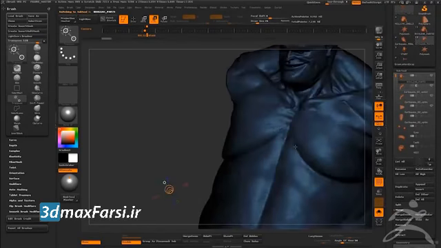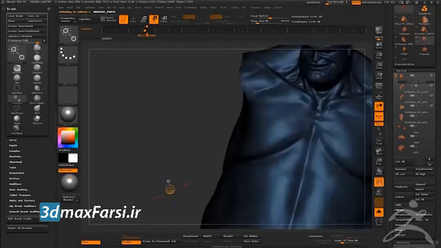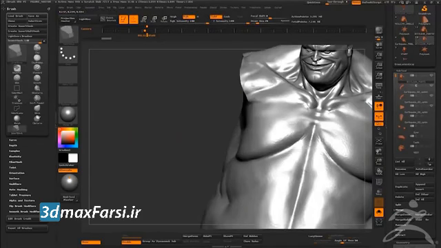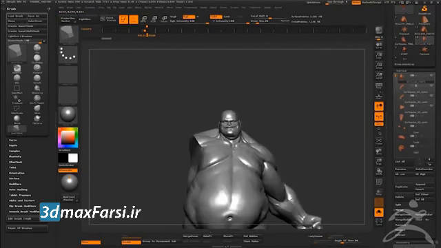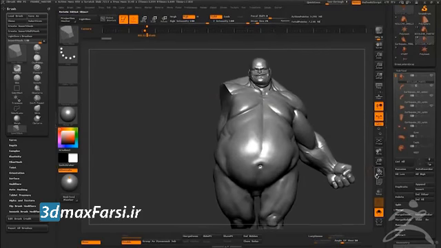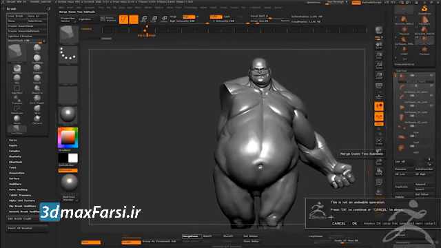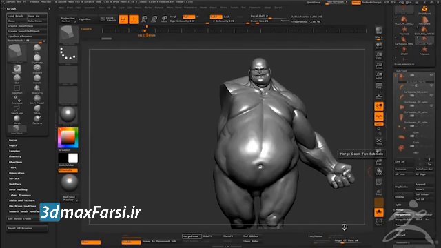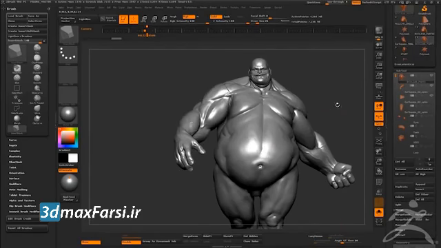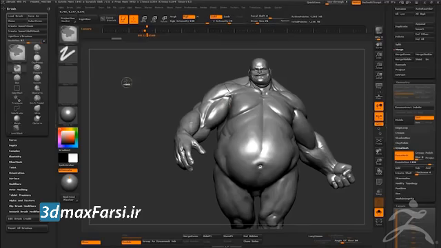So I've got my main body here. Turn the colors off. Right? And I'm going to merge down. Say OK. Okay, now all I have to do now is control and swipe